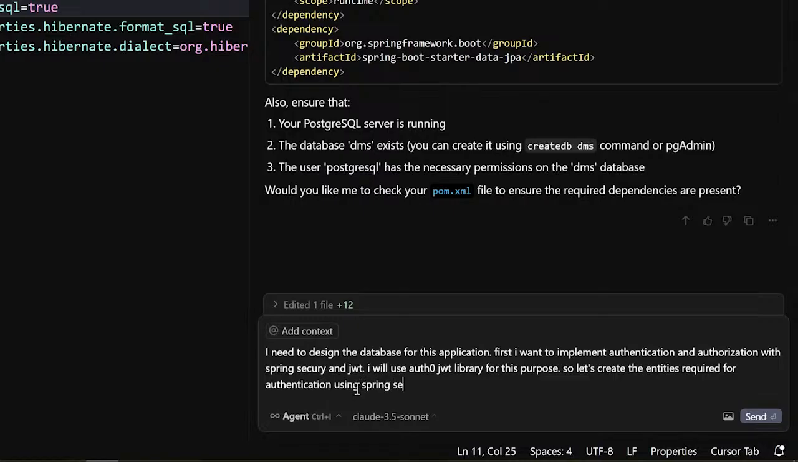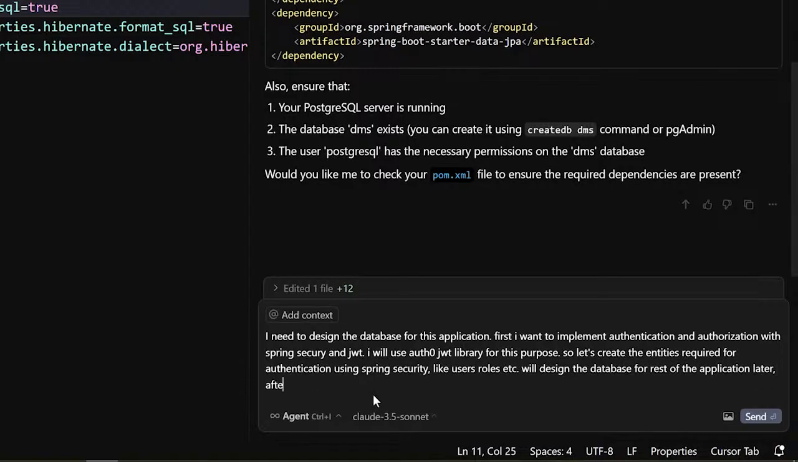using Spring Security, like users, roles, etc. We'll design the database for the rest of the application later after implementing the auth APIs. Implement the entities and services